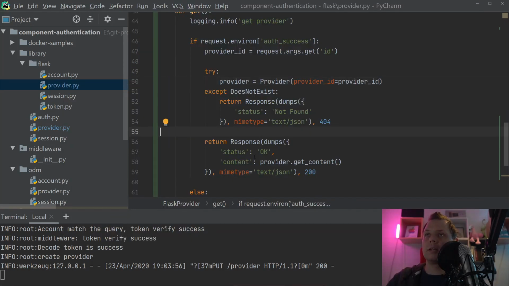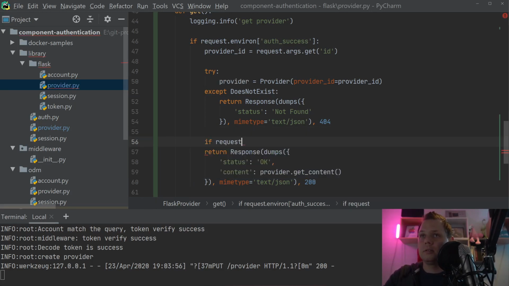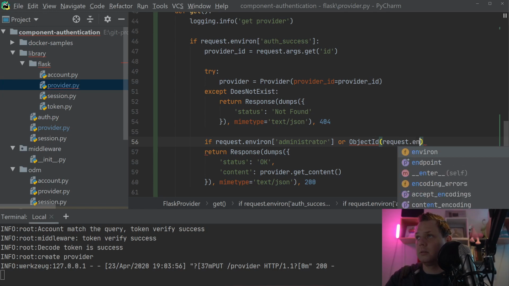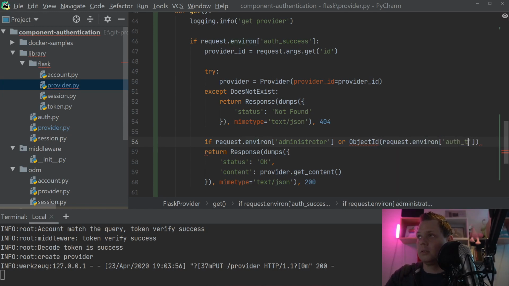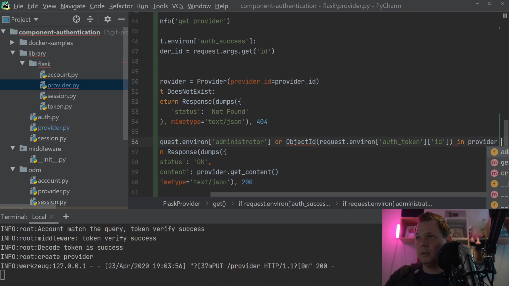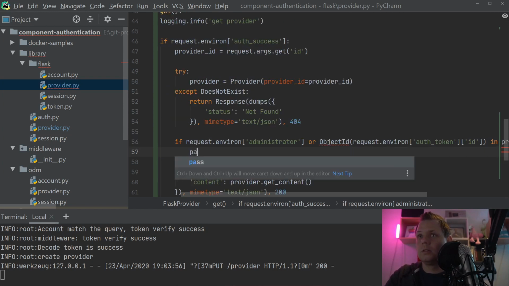So right now all can get this information about the provider just if you know the ID, and that's not very good. So let's close it down so only administrators can get this. So what we want to do now is just say if request this variable and say administrator or object ID request authentication token ID is in provider administration, else